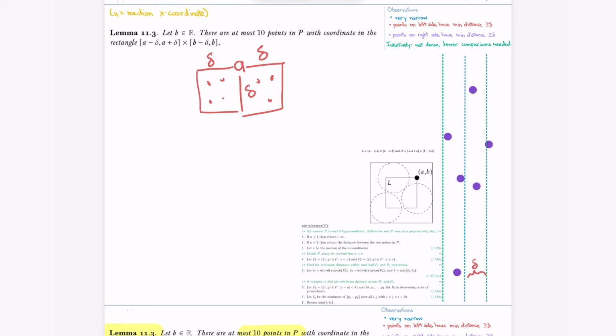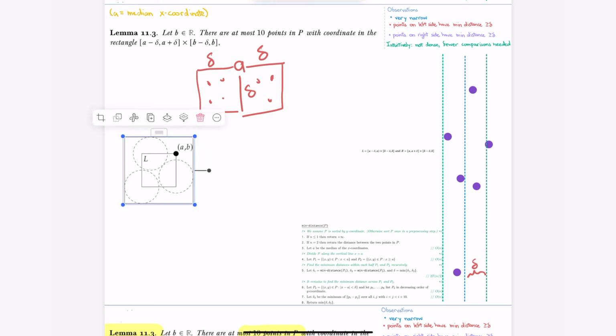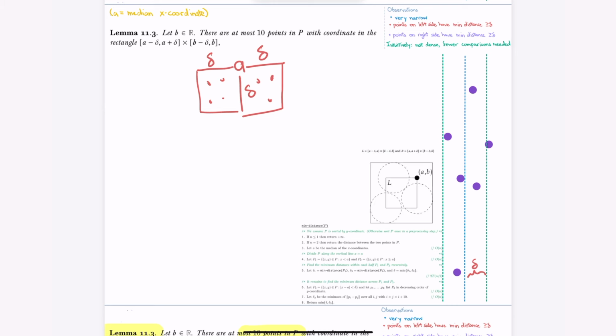Okay? And that's why we came up with 10, and we could probably do better than 10 if we wanted. Yeah? So I think it suffices to just look at one side. Oh, maybe that sort of gives it away. Okay, so I think it suffices to just look at one side, and any constant is fine for the sake of discussion. Yeah, if you got 20, okay, you did 20 comparisons in your code, whatever. So I just want to look at one region and try to argue there can only be,